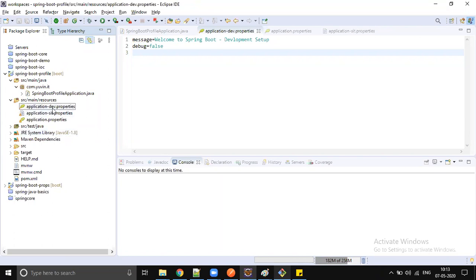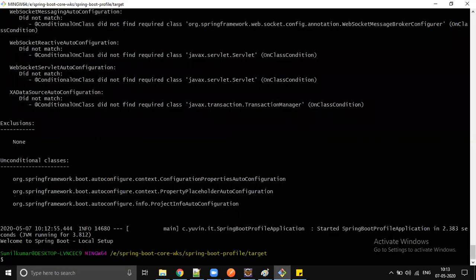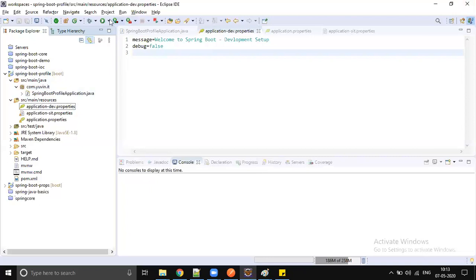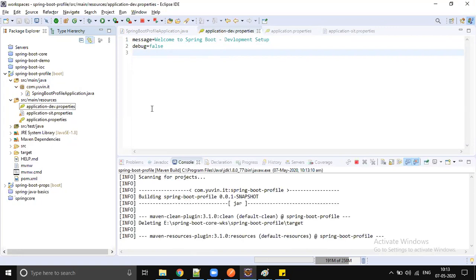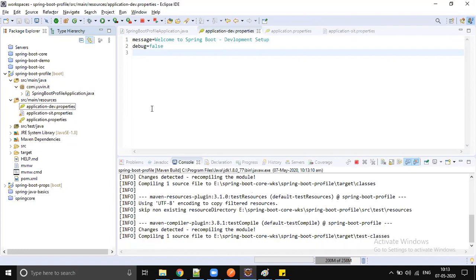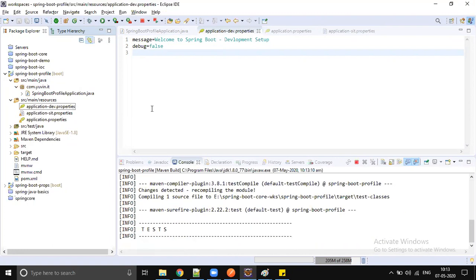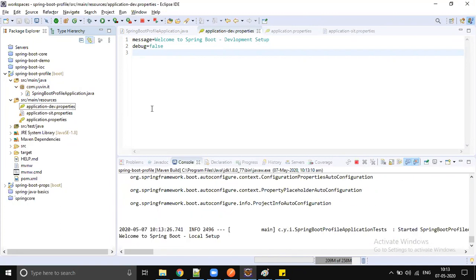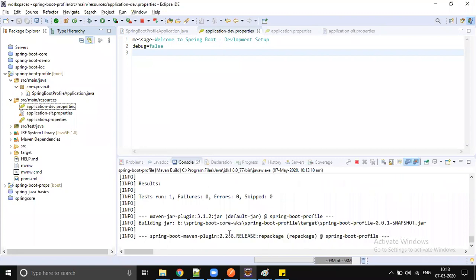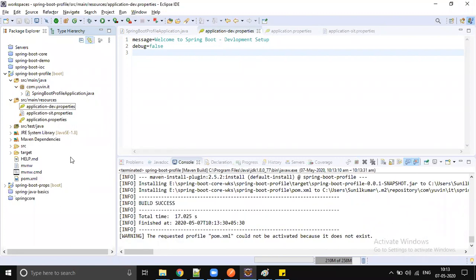Okay, let's run with the dev. Let's rebuild the application. Sorry for the confusion. I gave a wrong name, and that type of mistake would have been corrected while building the application. Okay, so anyway, it's ready now. The build happened. Now let's go back to the target folder one more time.